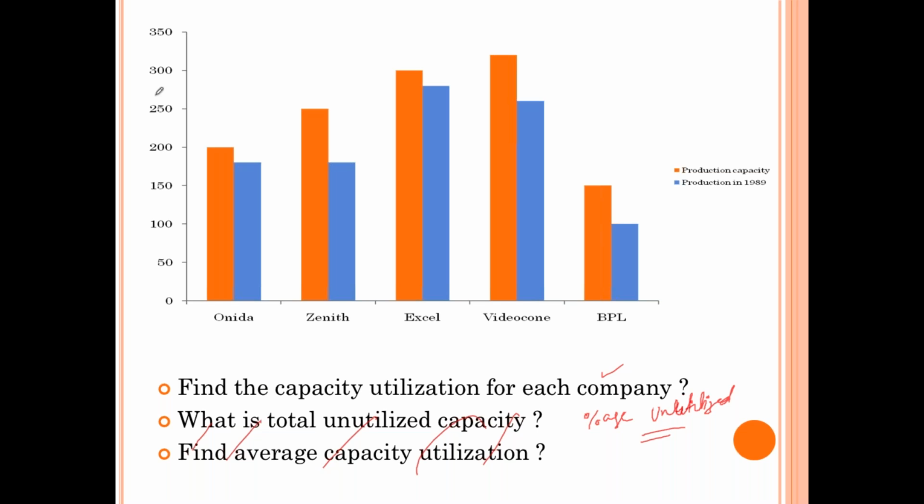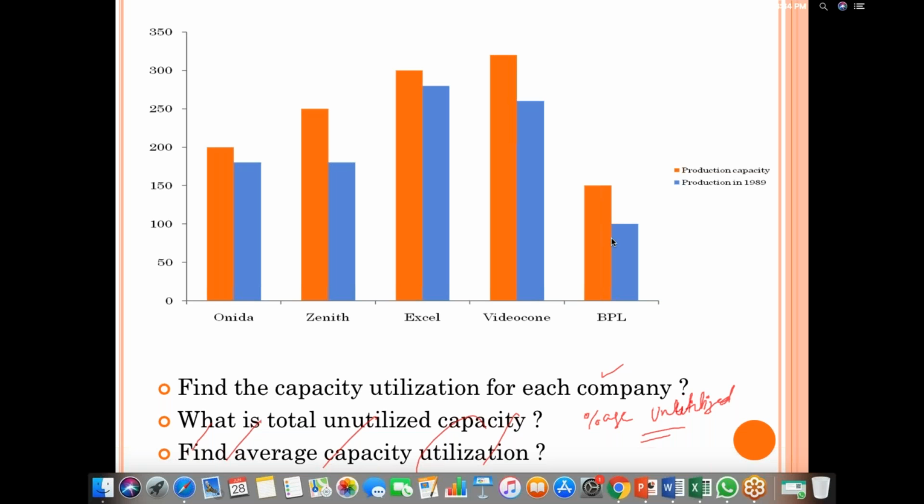Guys, try to find capacity utilization for each of the companies, right? Production is given to you, and then your production capacity is given to you. You may just assume the values, right? I will not be worrying much about the values. If you are off by 10 plus or minus, it will not be an issue because the labels are not given here. Five plus or minus doesn't matter much, right? What we are basically trying to understand is the concept.